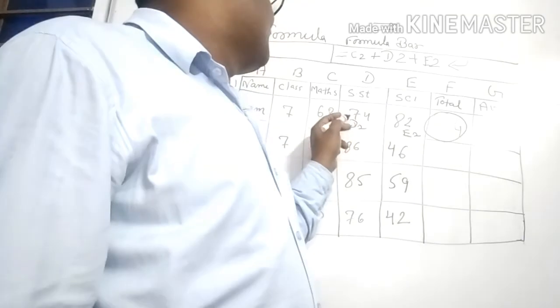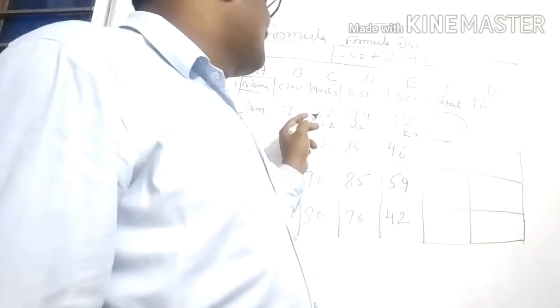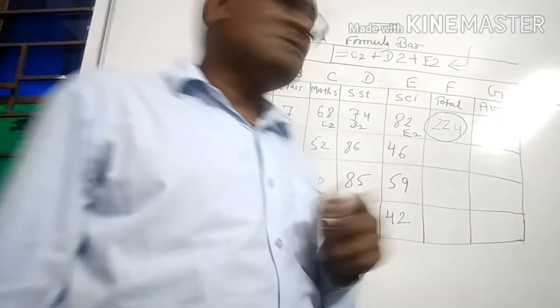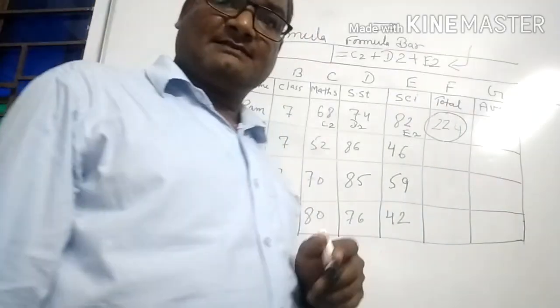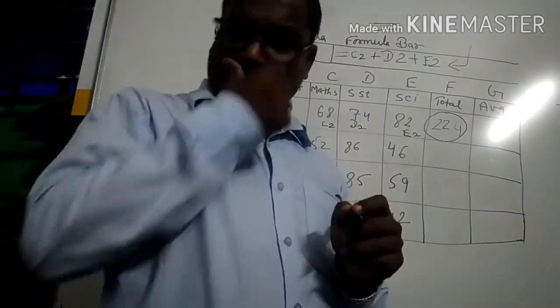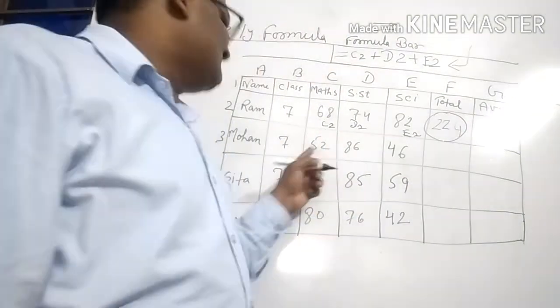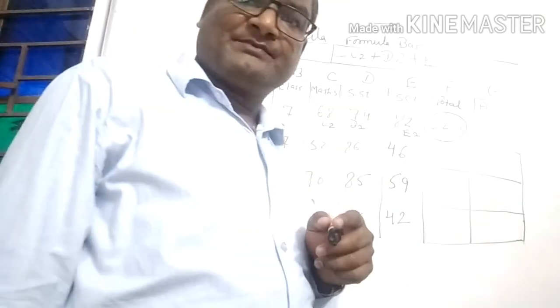Okay. So what is the total? 8 4 12 to 14, 8 7 15, 15 and 6 21 or 1 22. That means when you click the enter button, then 224 appears in this cell. Now what is the total of this number?